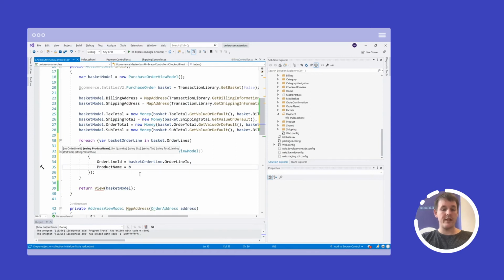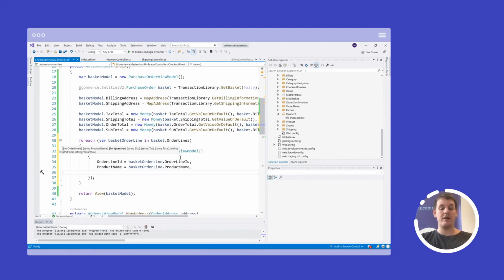We want the product name, which is part of the order line. Remember that order lines don't have a link back to the product because we cannot change the product on an order after it has been placed. Then over time that would change the history, and we're very much not interested in that. So that's why we have a product name and not a link back to the product. We want to map the quantities as well. How many of each product do they buy?